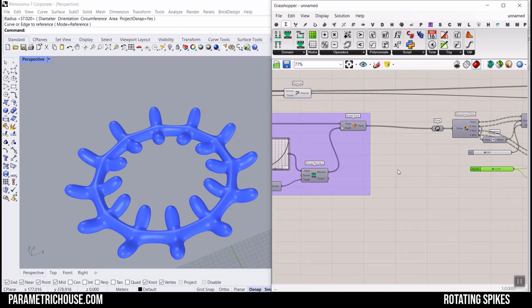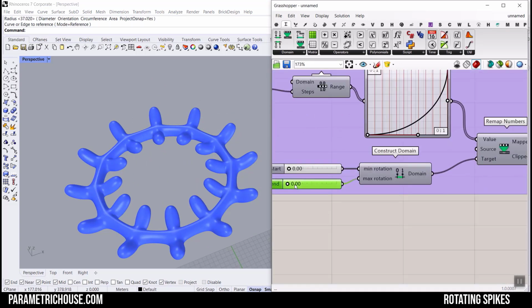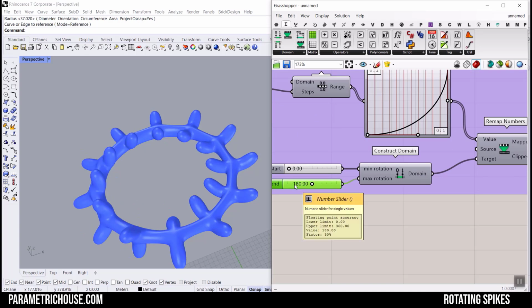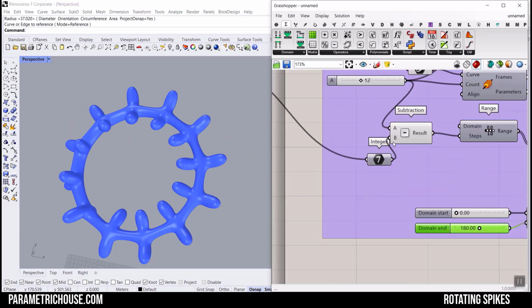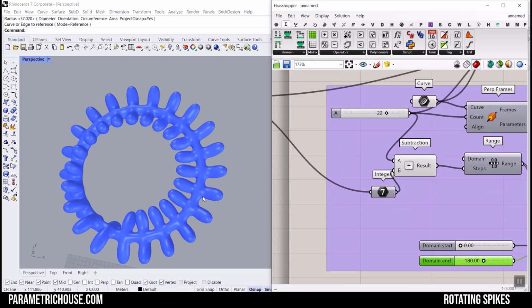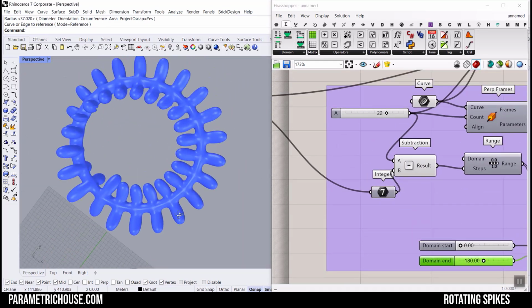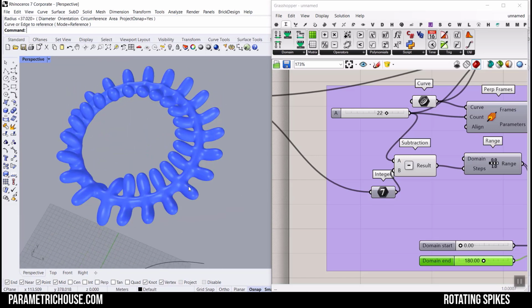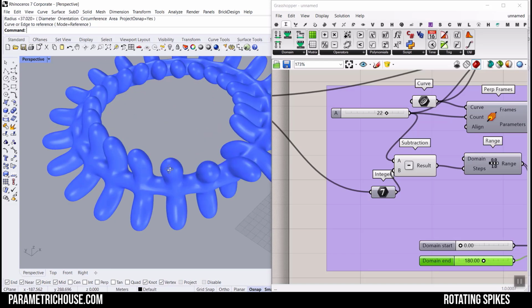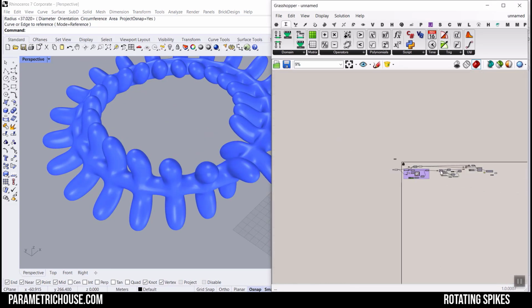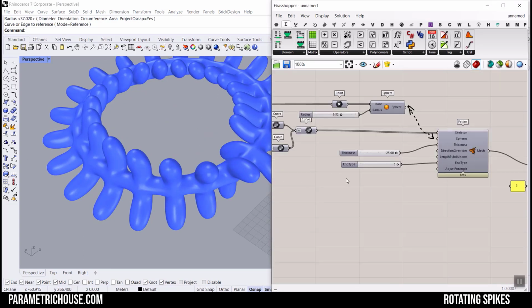Okay, that's it. Maybe we just want to rotate this, but I guess 180 degrees is better because it's going to have a seamless rotation, right? And maybe increase the number of the patterns. Maybe it's a ring or something like that. Okay, I guess this is a good exercise and tutorial for learning Grasshopper if you want to learn more